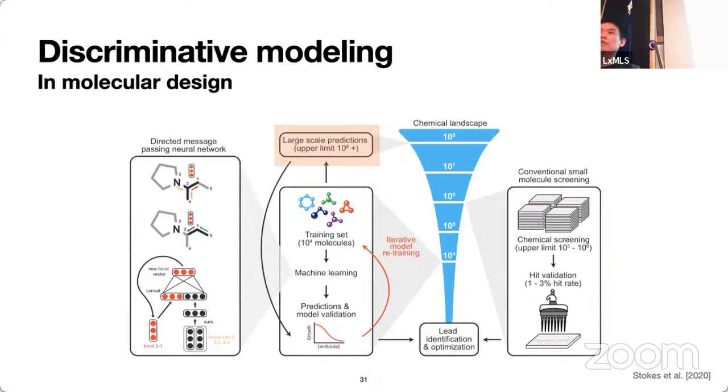It's the actual experiments where we do the in vitro experiments, and eventually we need to do the animal testing and human trial and so on, right? So it's extremely complicated and expensive. So supervised learning has been used here and there in order to speed up some of these stages in this exponentially shrinking funnel.